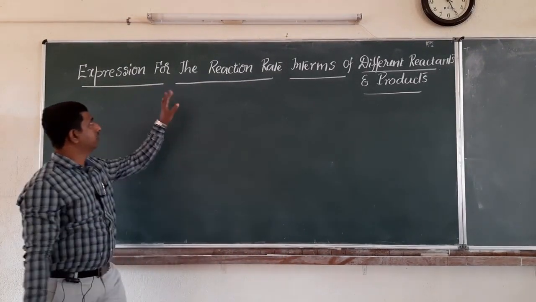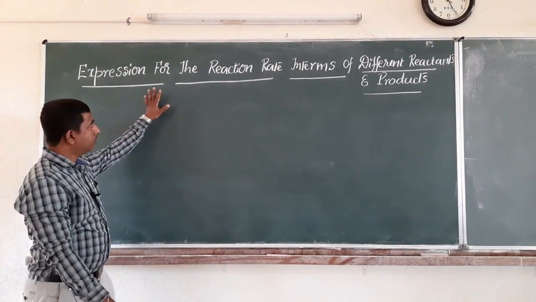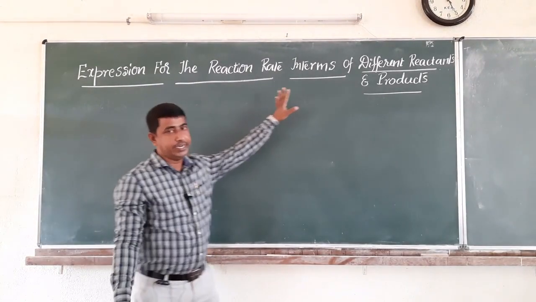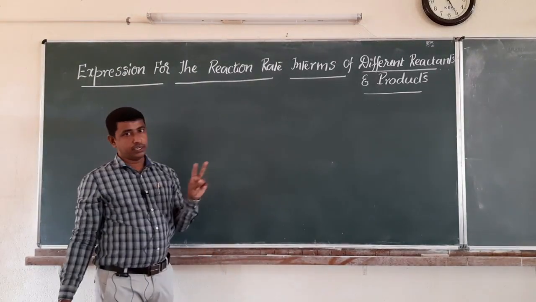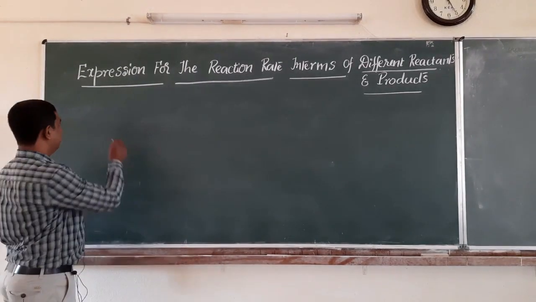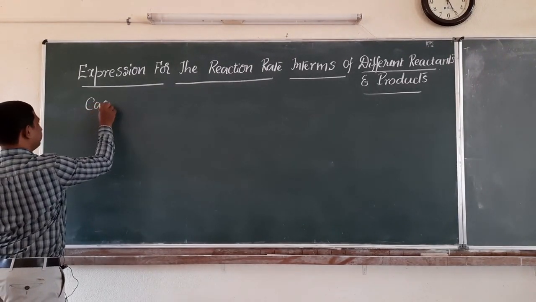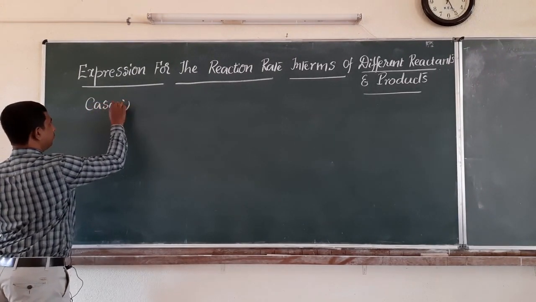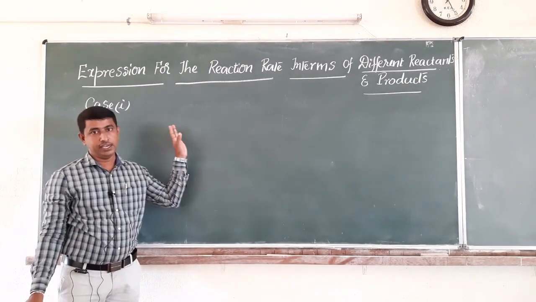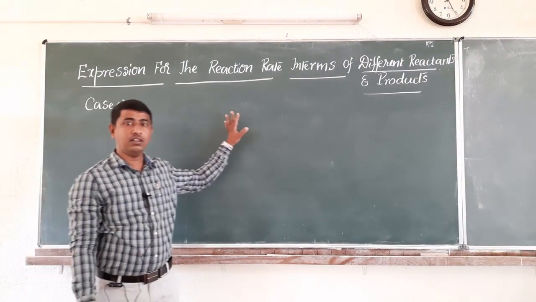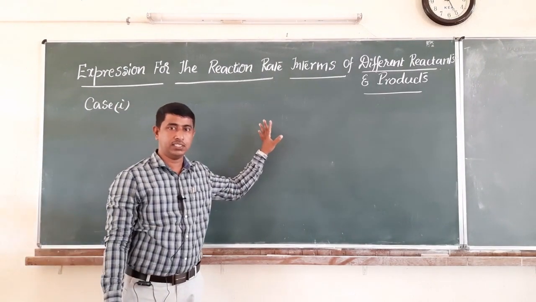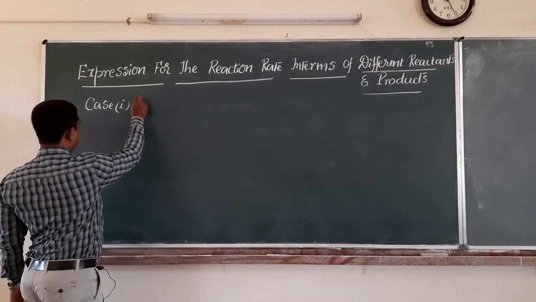So in today's session, we are going to study the expression for the reaction rate in terms of different reactants and products. Now let us consider two different cases. Case 1. Let us consider a reaction in which the stoichiometric coefficients of all the reacting species are the same. For example,